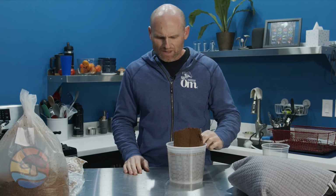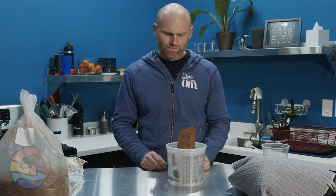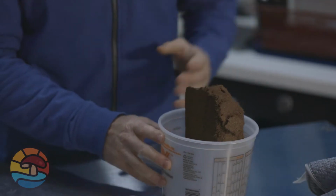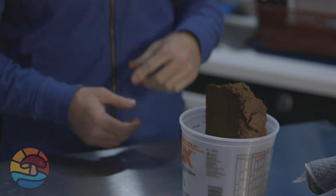contamination. The same thing happens when they do these coir blocks. The coir actually has beneficial microbes that kind of help protect the substrate itself. That's why a lot of people who grow plants in hydroponics like to use it, because it tends to not get funky real easily. And so to pasteurize our material, whether it be straw or cardboard, if you have the